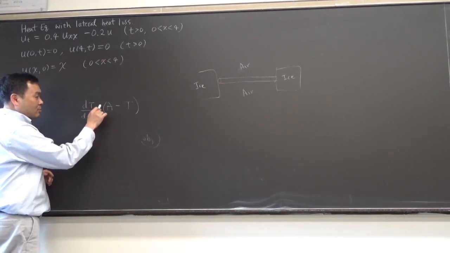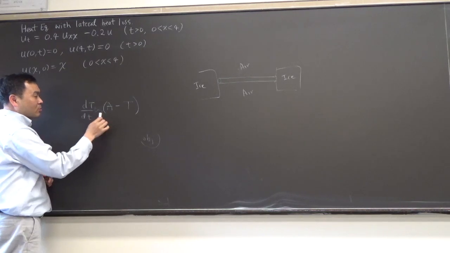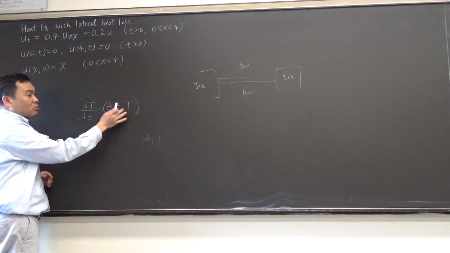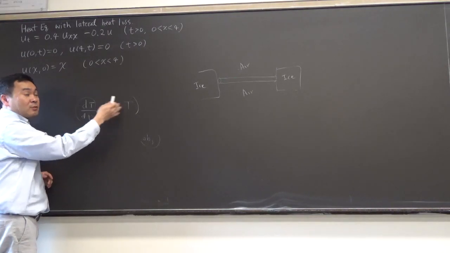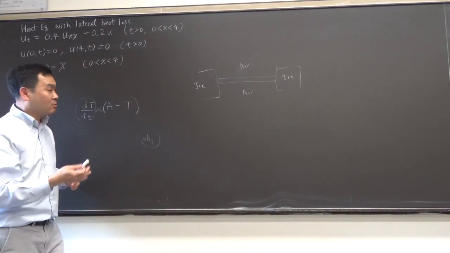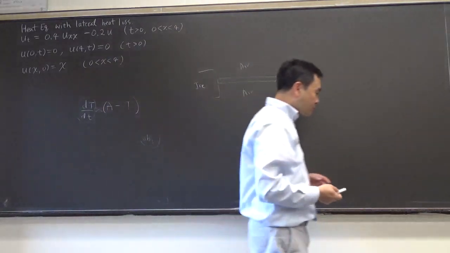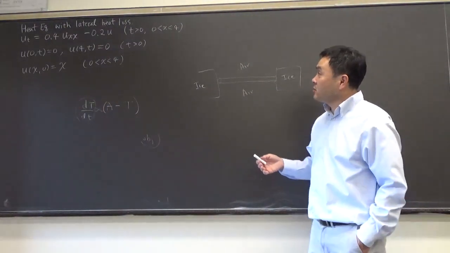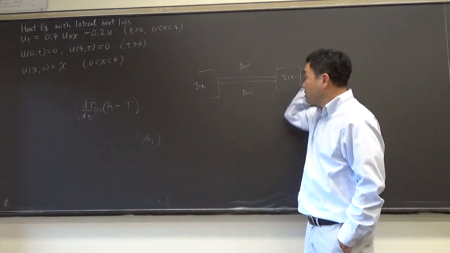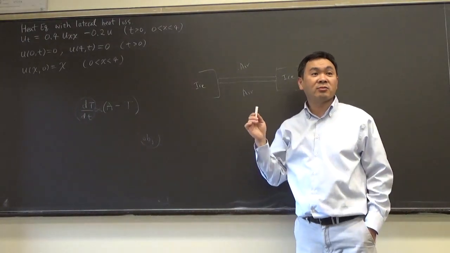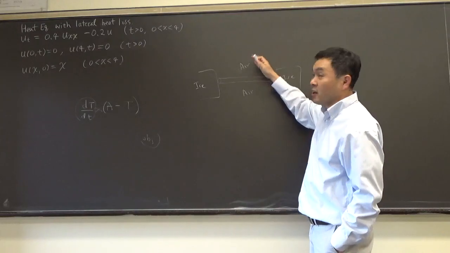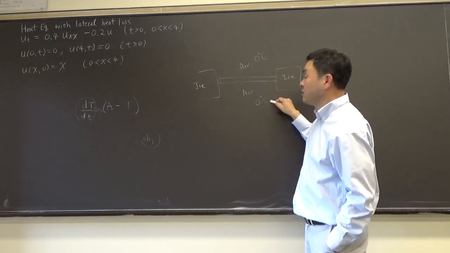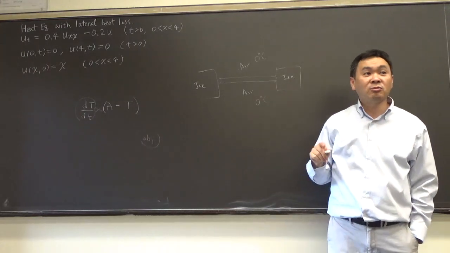And such an idea is called Newton's law of cooling. Here I wrote down not alpha, but proportional. So the rate of change of the temperature of the object should be proportional to the difference between the ambient temperature and the temperature of the object. So you can kind of see that similar things should be happening here. And for the sake of simplicity, let's just say that the air is cold. The air is also 0 degrees Celsius. Okay? And then you apply Newton's law of cooling,